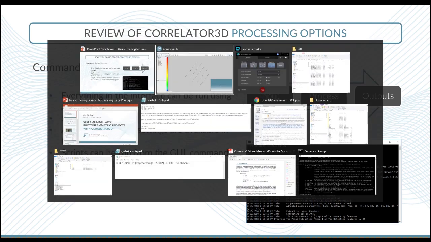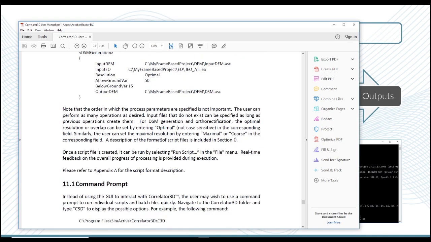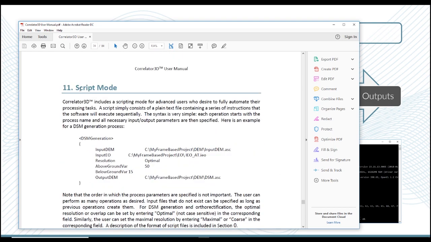But before, let me explain the syntax of the Correlator3D script. So if we go in the user manual, I think it's page 74, chapter 11, you will have an explanation on how to use script mode. It's a very simple syntax. Each operation starts with a process name inside quotes like this. And then the necessary input-output parameters are defined, and they are placed inside these braces. So this is an example for DSM generation, where you specify the input DEM, the input EO, resolution, and different